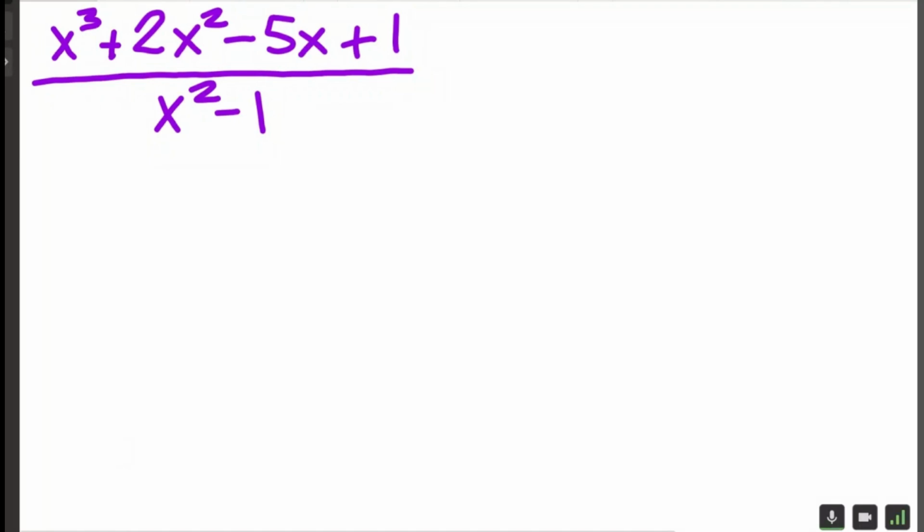All right, Sibel, we are going to go through a slant asymptote example from a rational function as you'd requested. We have here a rational function example. On the top is a cubic, x cubed plus 2x squared minus 5x plus 1, all of that over x squared minus 1. So if you recall, we know we have a candidate for a slant asymptote when the degree